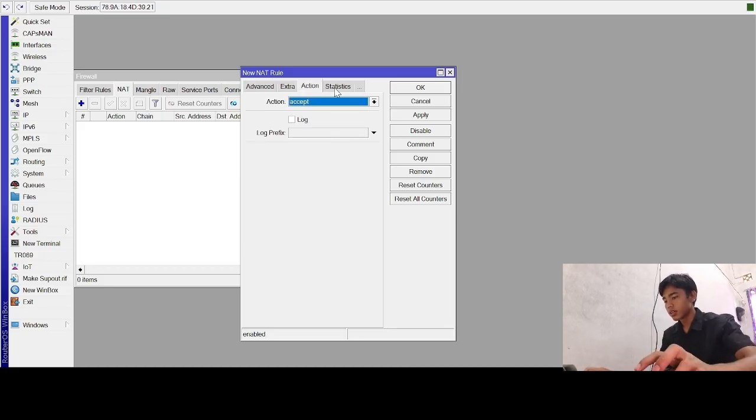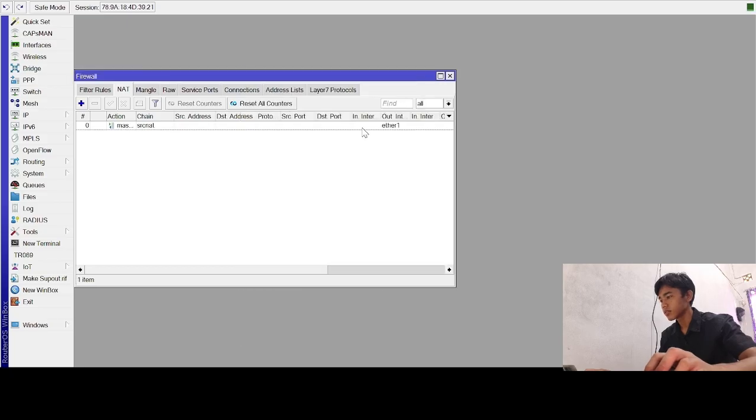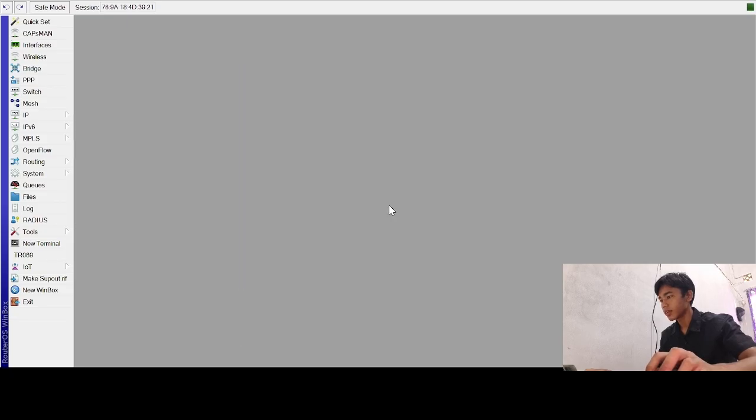Then go to the action tab, and for action, choose masquerade, apply. Okay, now clients from VLAN100 and VLAN200 can access the internet. Close.